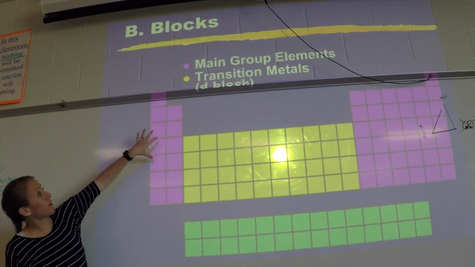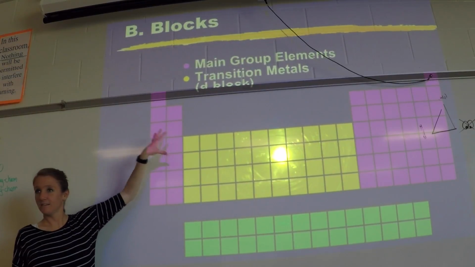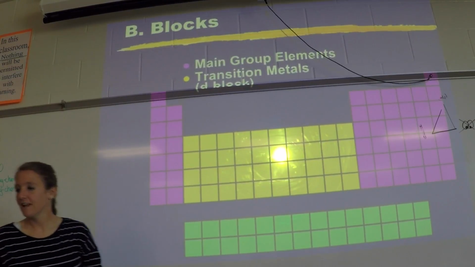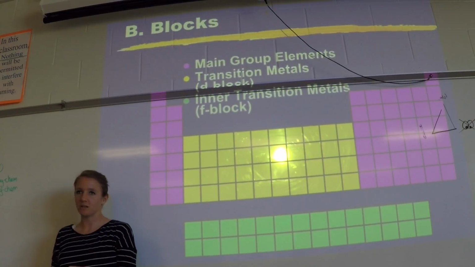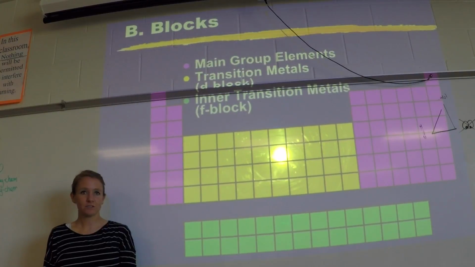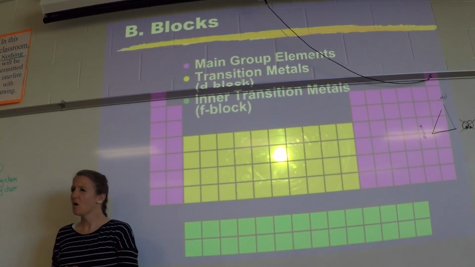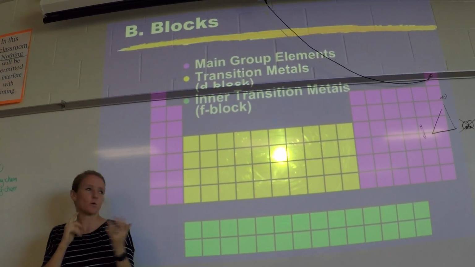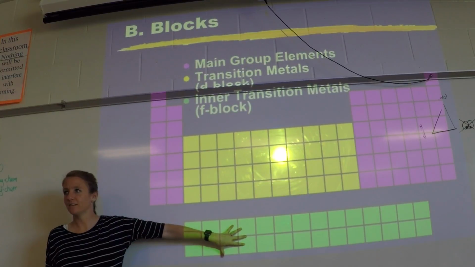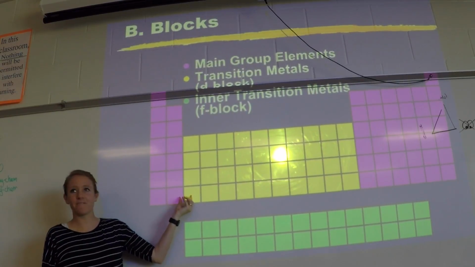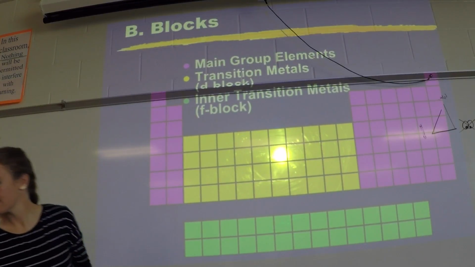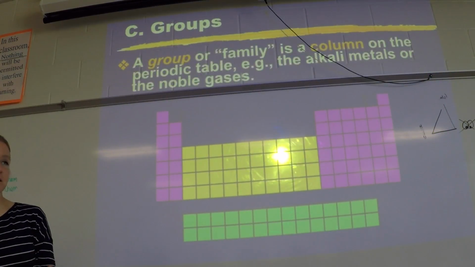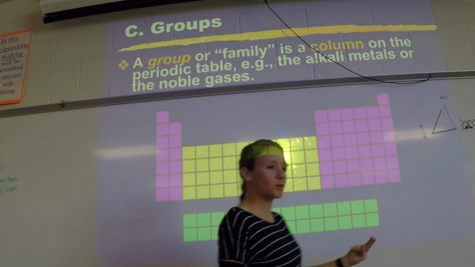So the main group ones are the purple ones, the S and the P together. And then the F block we call the inner transition metals. Why would I call them the inner ones when they're down here? Because remember, they actually fit up here in the end. Okay? All right, another pattern, we've talked about this before, but we'll get more into it, is that when I